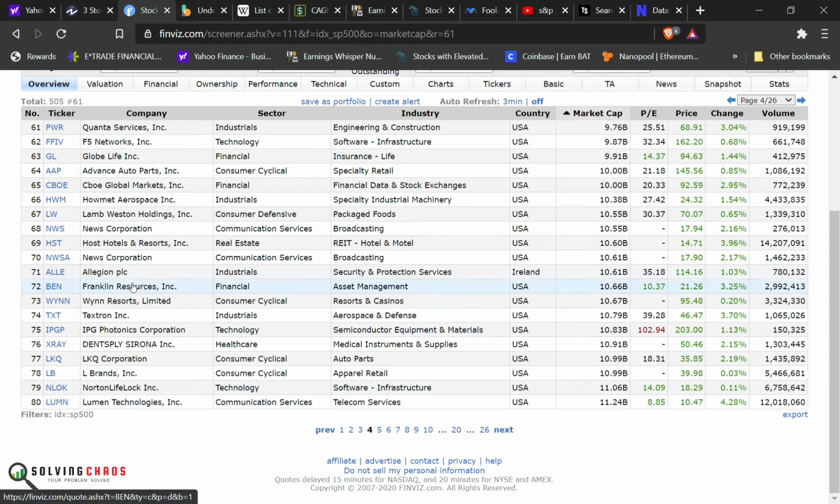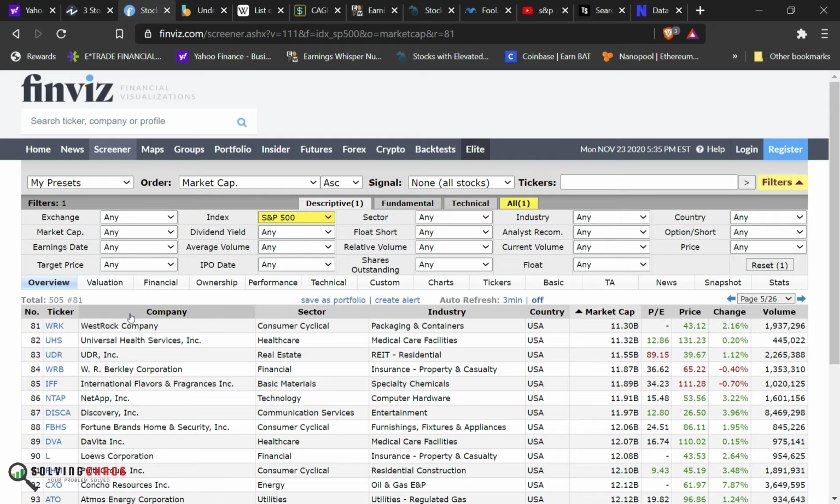And anything else in here? You see another financial asset management. So I'm sure if you want to reduce some of those by removing some of these smaller businesses. And there was another one here that I didn't think was needed in here twice. So let me see if I can find it.